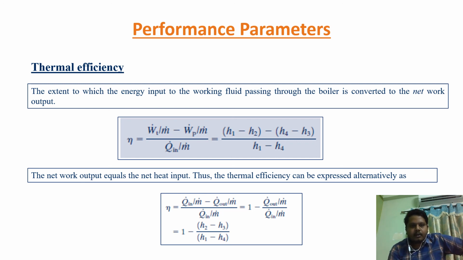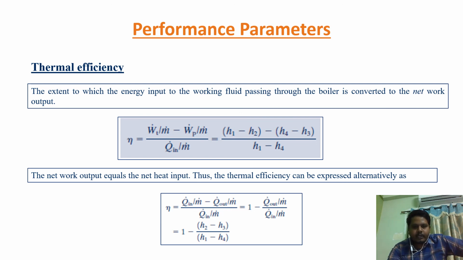So in the previous slides we discussed heat addition to the boiler. We derived equations for heat addition to the boiler, work done by the turbine, heat rejection from the condenser, and work input to the compressor per unit mass. Those four equations we derived in the previous slides. So now we can find the thermal efficiency. What is efficiency? Net work done divided by heat addition.